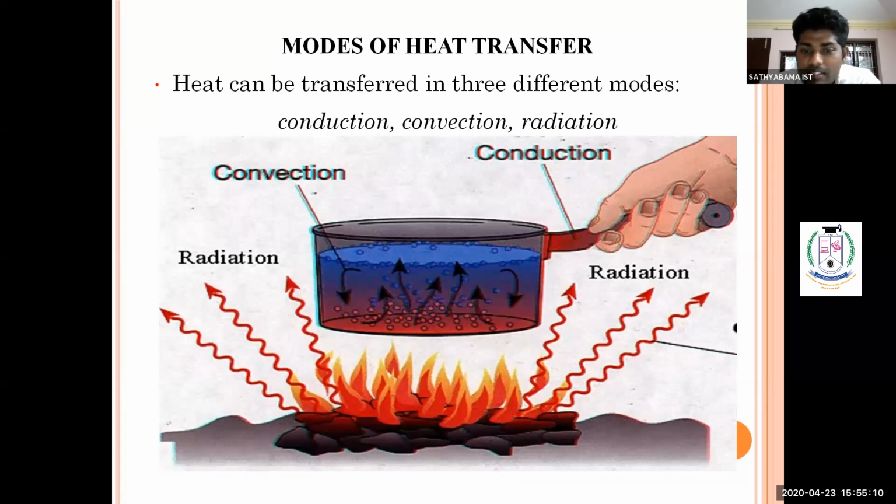So in radiation, you can see the direct heat. There is no medium in radiation. That is known as radiation. And what is convection? Convection is heat transfer in a liquid or gas medium. After the container is heated, the water will boil, so the molecules will be moving, and convection will be happening. So convection means heating through any gas or liquid. And after that, conduction: you can see a man handling this container, and through the solid material, the heat is transferred. So this is the best example of convection, conduction, and radiation. Okay.